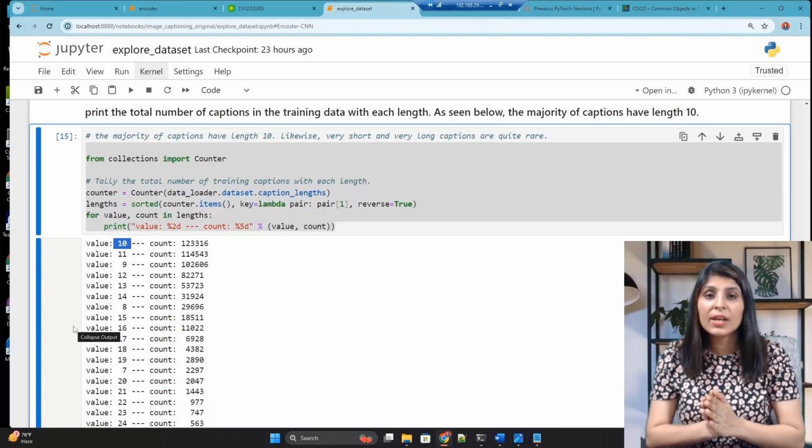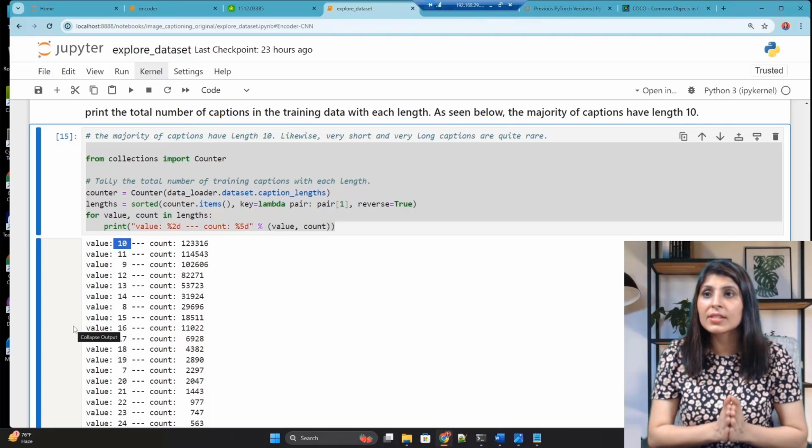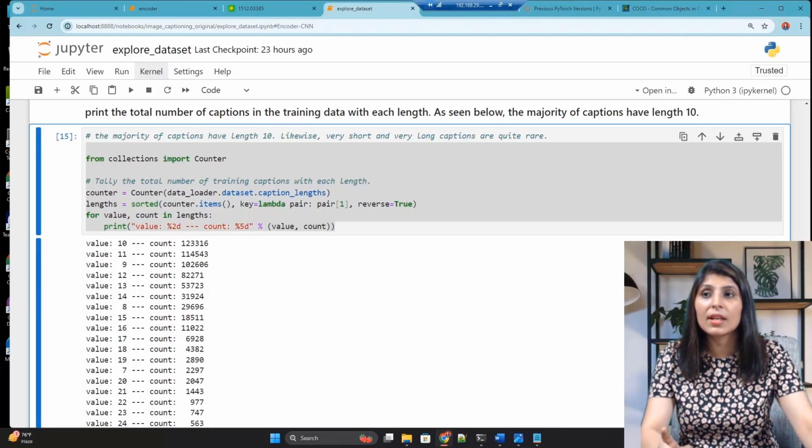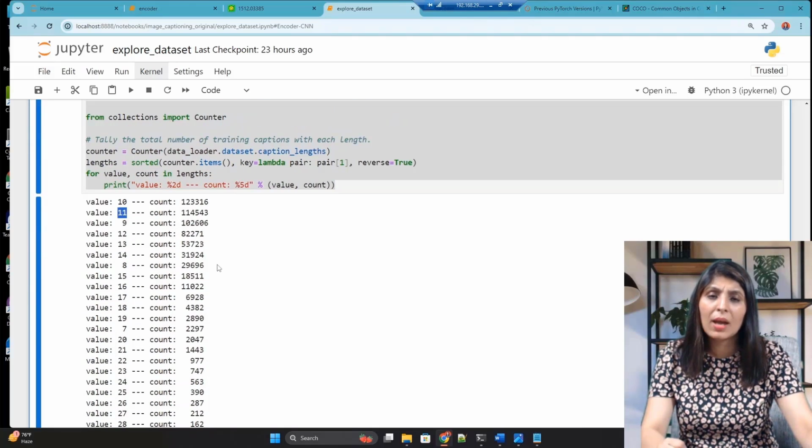So most of the captions in our data set have sequence length 10, and then this is the count for the images where the caption length is 11. So from this count we can see that the maximum captions in our data set are of sequence length 10.